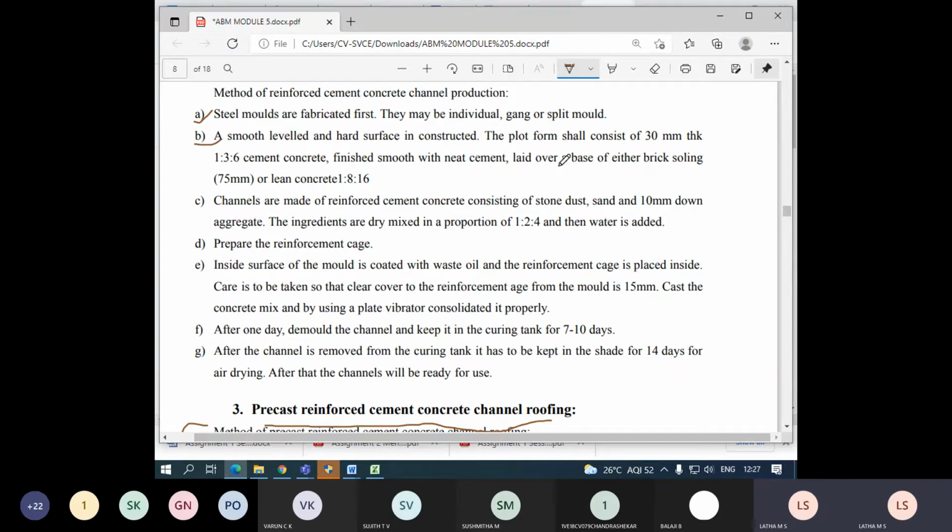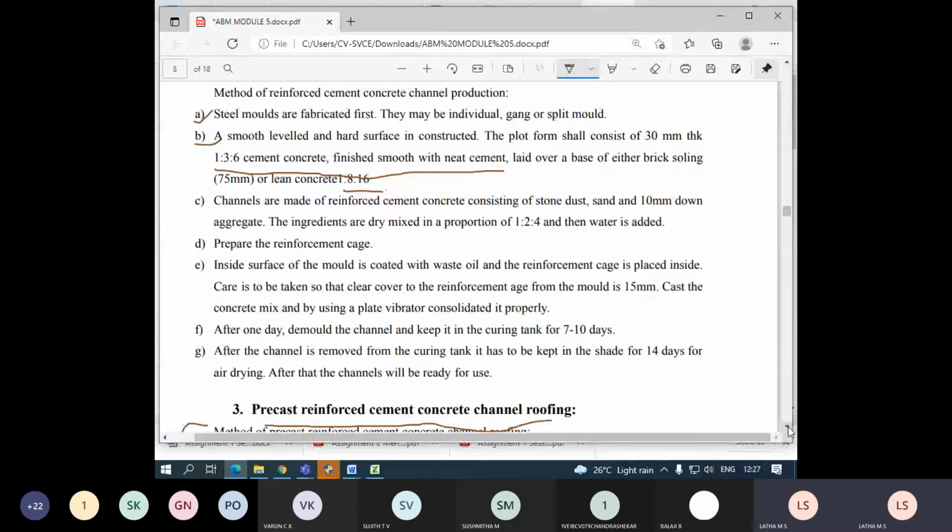That is nothing but you have to have an adherence to the steel mold by laying 1:3 concrete. This is a common procedure everywhere you find when you come across the RCC, then soiling or the smoothing of the surface will take place.